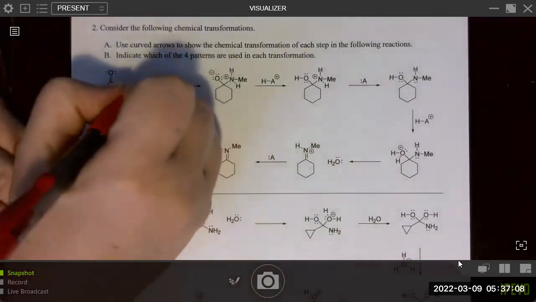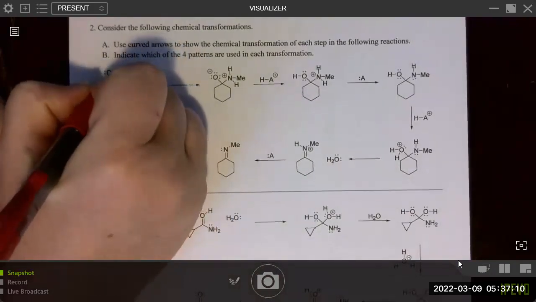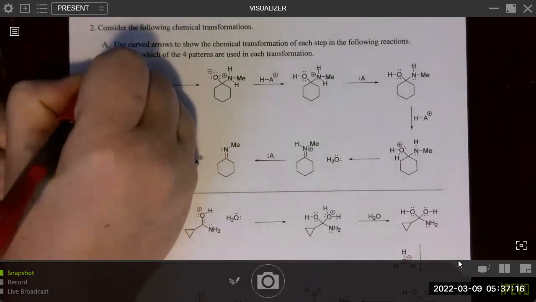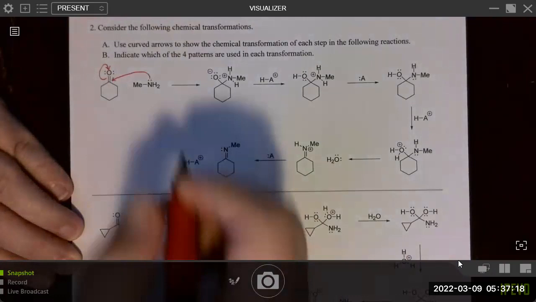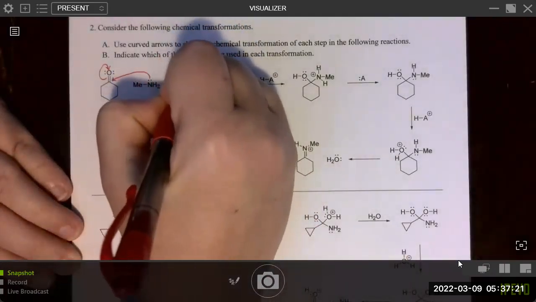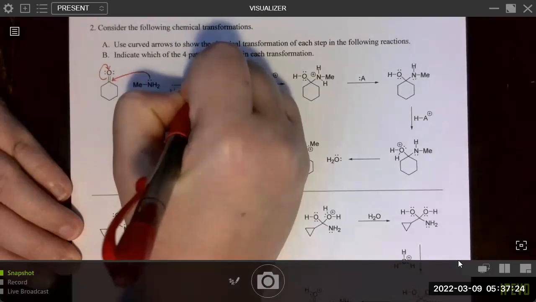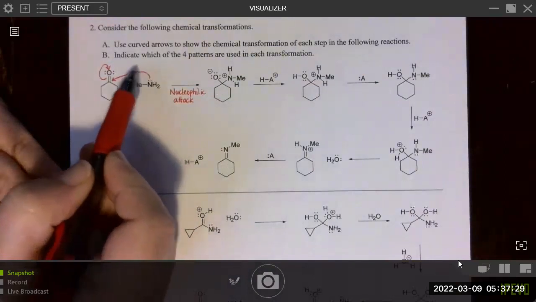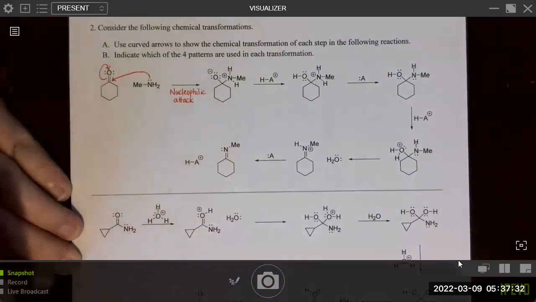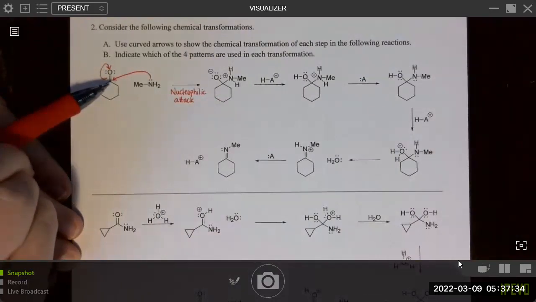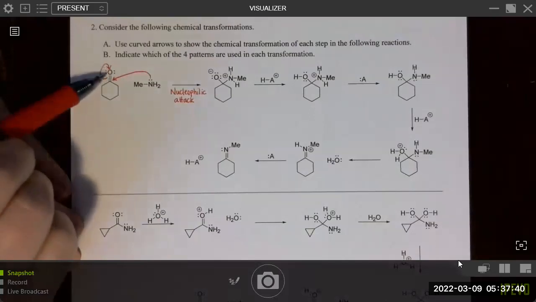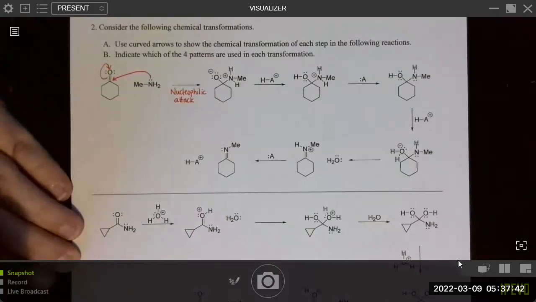So what we can do is have the nitrogen's lone pair do a nucleophilic attack, combined with a resonance arrow. And we can call this nucleophilic attack. Technically only this arrow is the nucleophilic attack, but in order to avoid exceeding the octet on this carbon, we also needed another arrow, which is just a resonance arrow, to help us move electrons simultaneously away from the carbon and onto the oxygen.